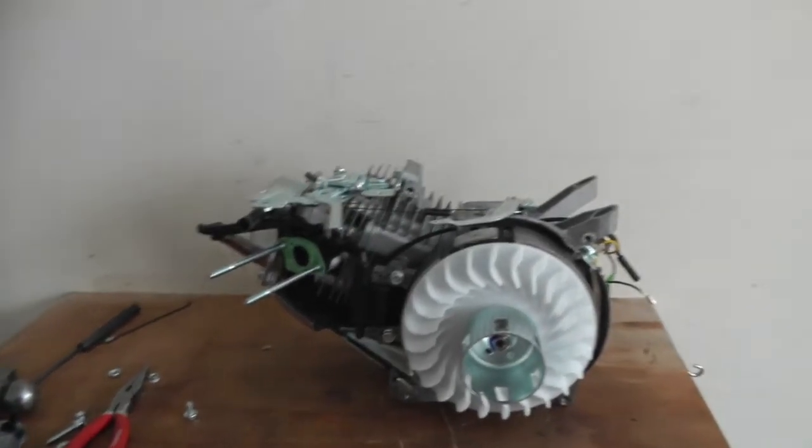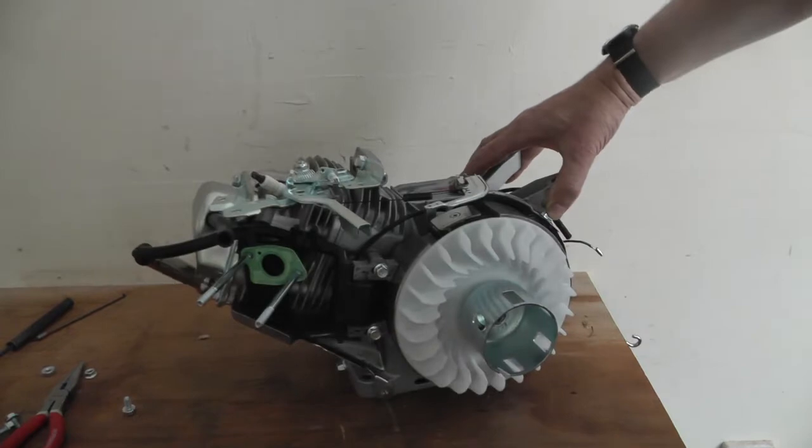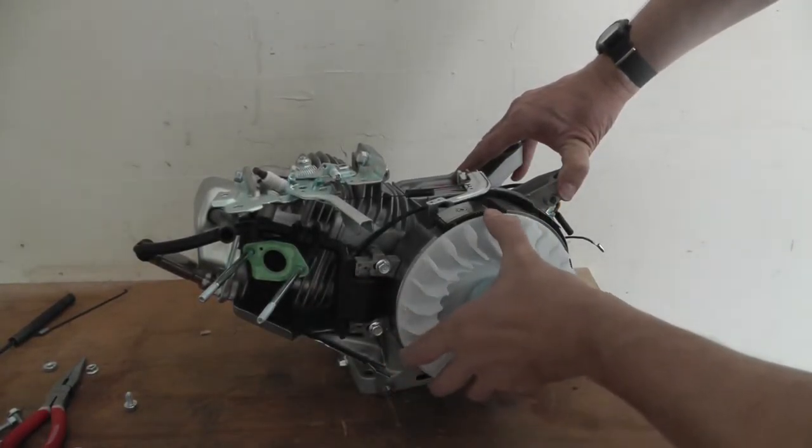And that is it for this video. You get access to the coil, flywheel,